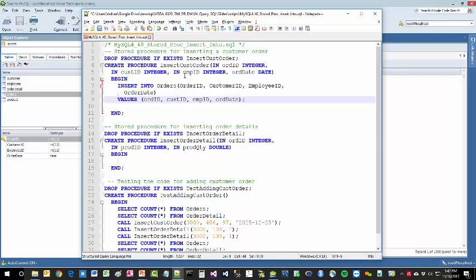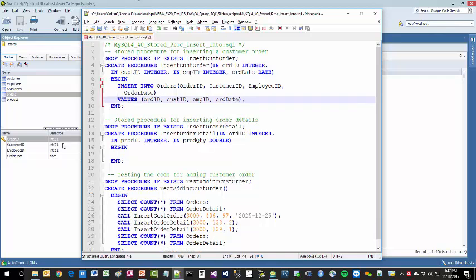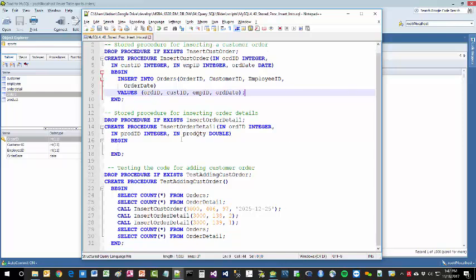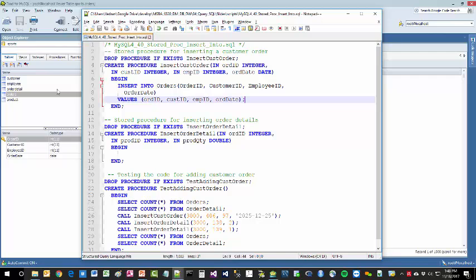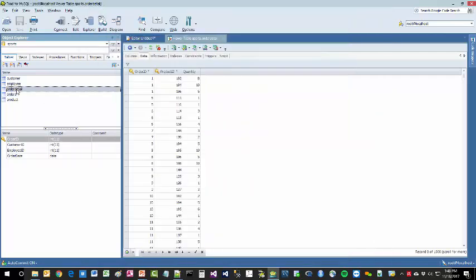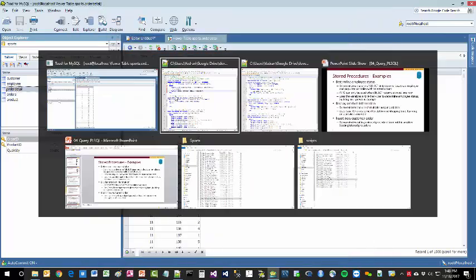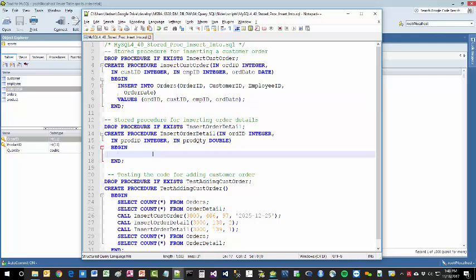Oops, semicolon right there. All right, so it's a single statement procedure, so we could skip the begin and end, but I tend to keep those guys in just in case. It is not enough to just insert into the order table. We also have to insert at least one order detail. In this case, I want to have two. So what I'll have is,